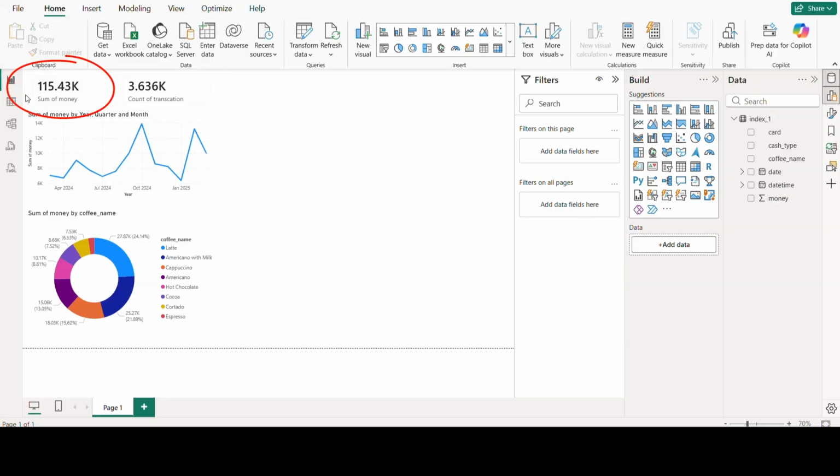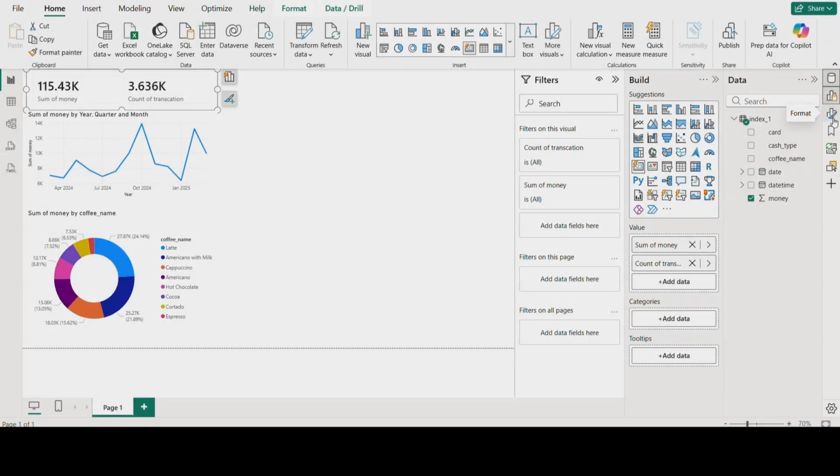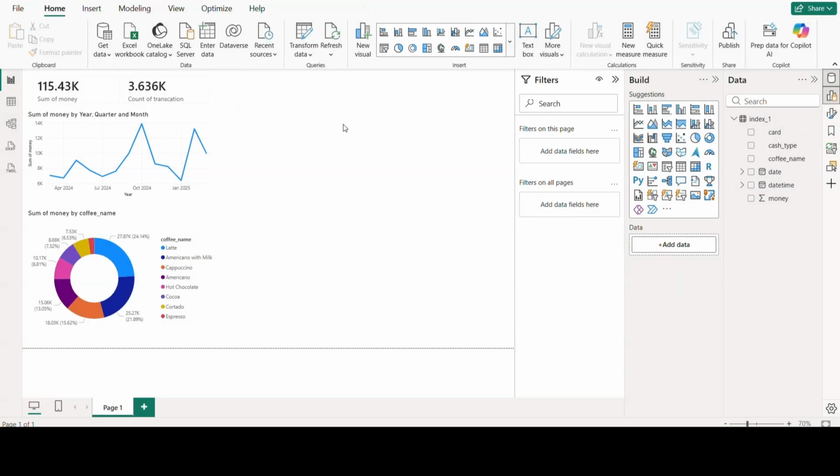1. Overall revenue between March 2024 to March 2025 is 115.43K. 2. There are 3,636 coffees being sold. 3. The sales is continuously growing with monthly wave. 2 peaks are in October 2024 and February 2025. 4. Latte has the biggest sales among all products, with Americano with milk and cappuccino, occupying over 60% of total revenue. Good. And as you see, I left the right-hand side blank, so we can use it for some